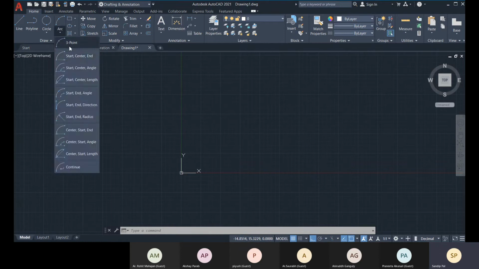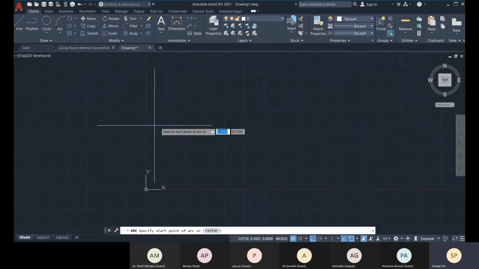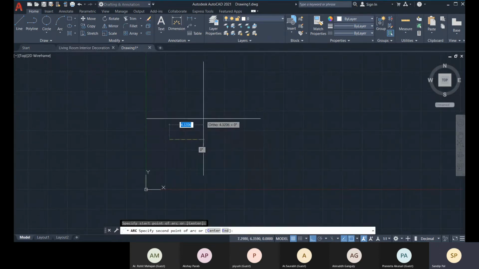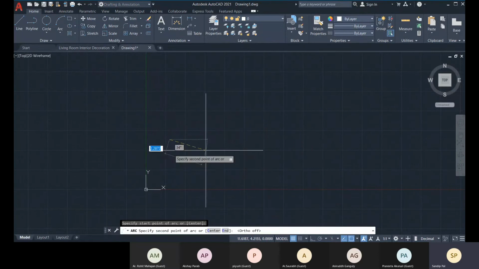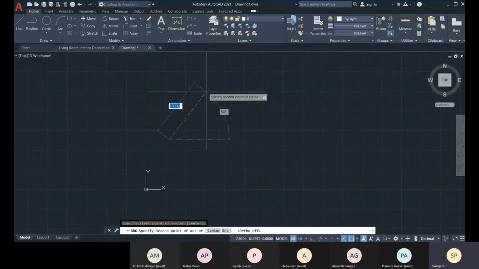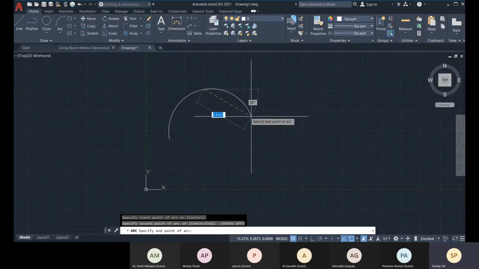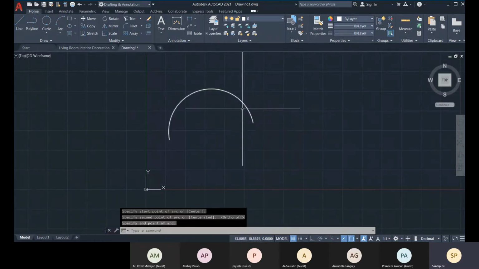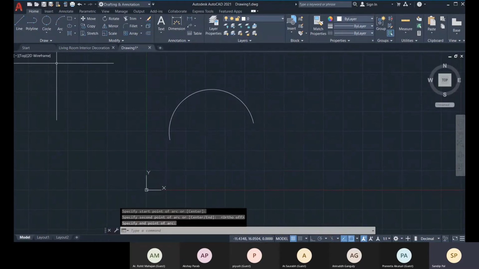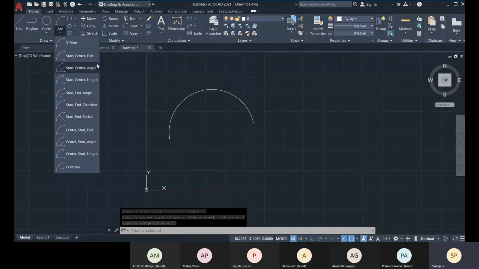So select this 3 point option. First, with the ortho mode off, I'm going to define the first point, second point and third point. This is very simple. You just have to define the start, center, end.